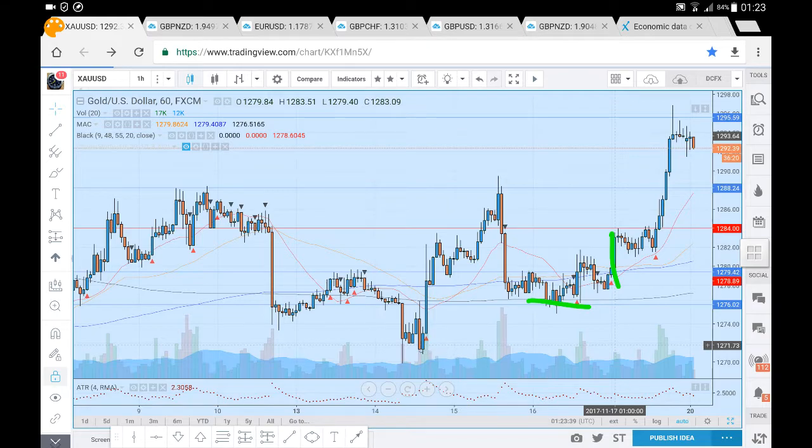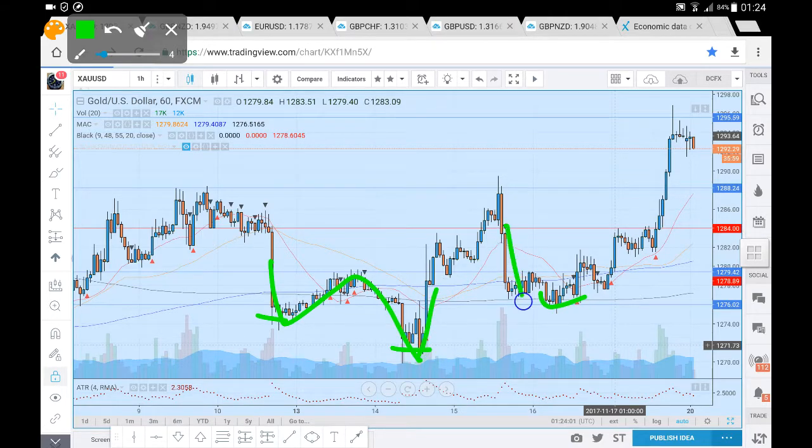1276 did hold, so we didn't trade all the way down to the 1270s for a bounce to the upside. So 1276 did hold, coupled with the 400 period moving average here in black. What we did see was prices moved, we broke out upwards. So we did have a series of, this does look like an inverted head and shoulders, so we did come down, head, and there's the other shoulder. We did have continuation, so we came into this long consolidation, held 1276, moved upwards, pulled back, and again we've